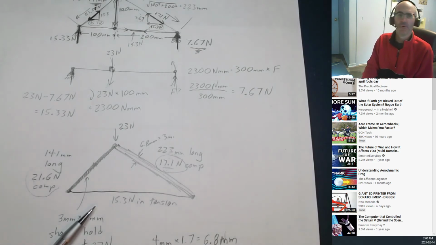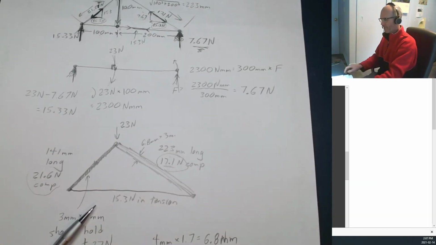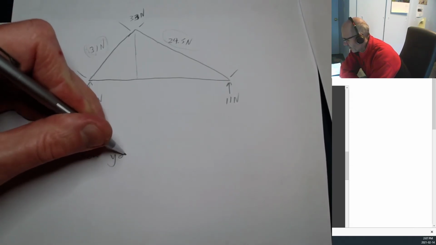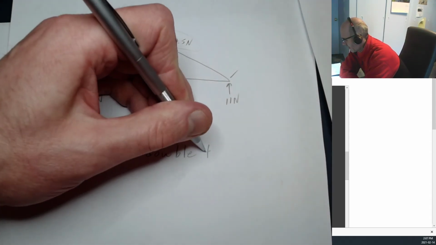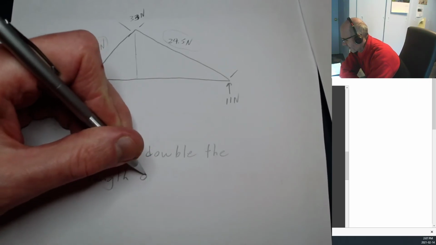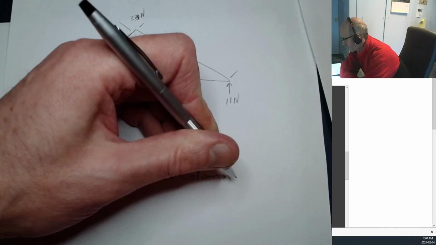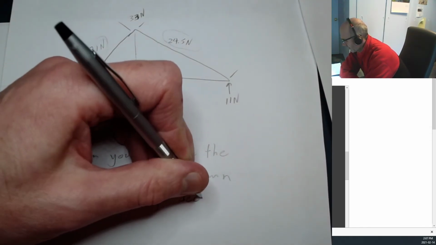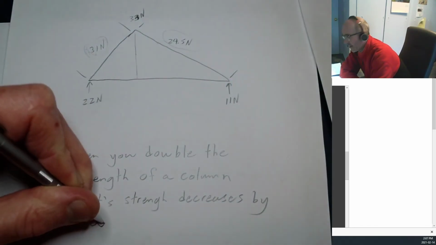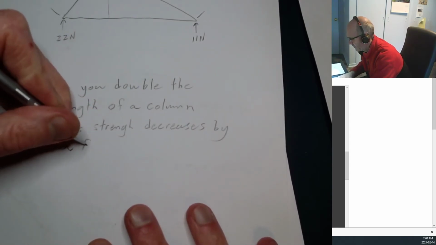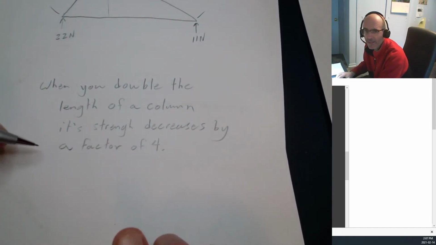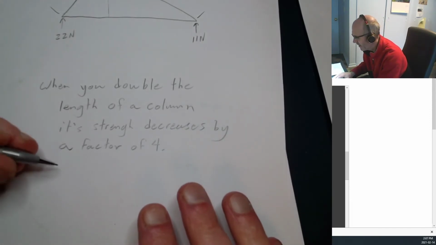Now, you don't have to go through and calculate all the formulas from scratch, but what you should be able to do is know that when you double the length of a column, its strength decreases by a factor of 4. This is because in our overall buckling strength formula, which is pi E I over L squared, okay, the